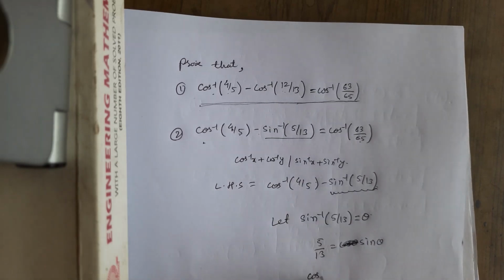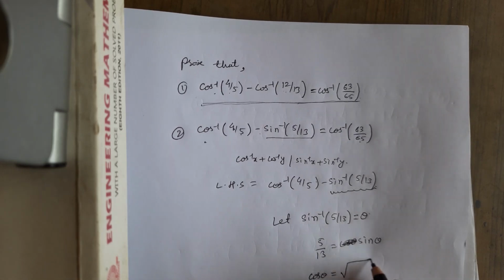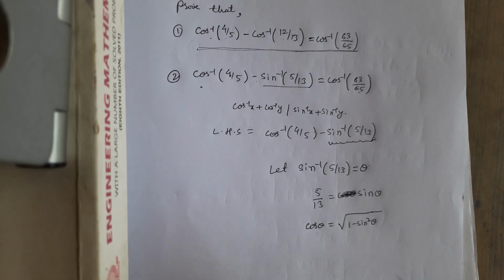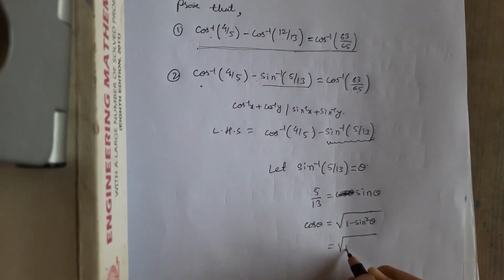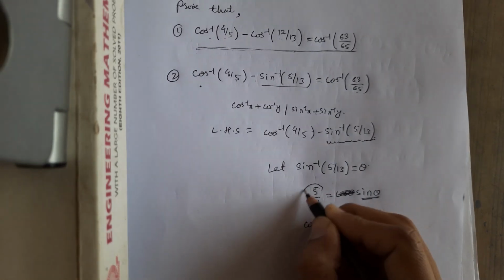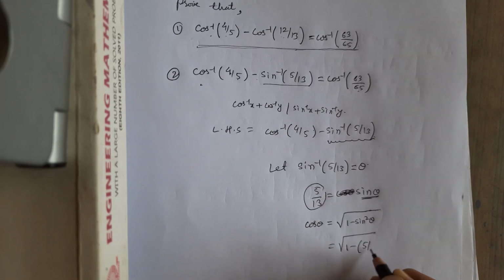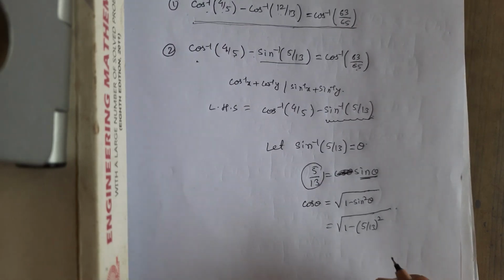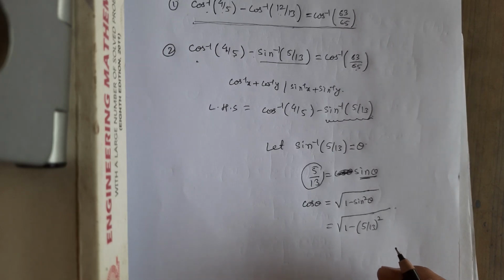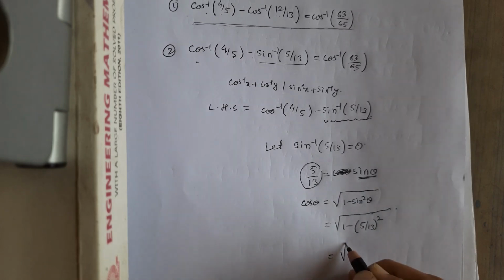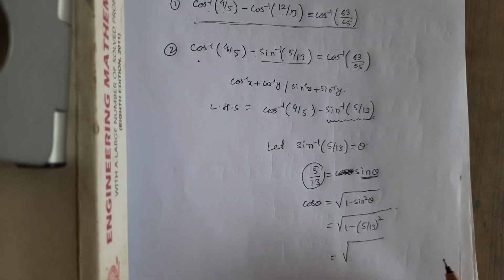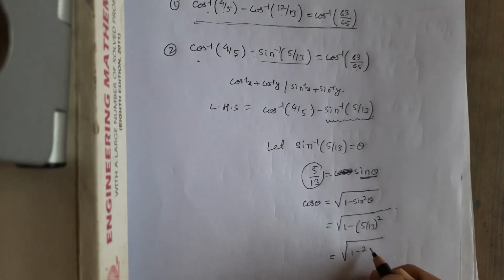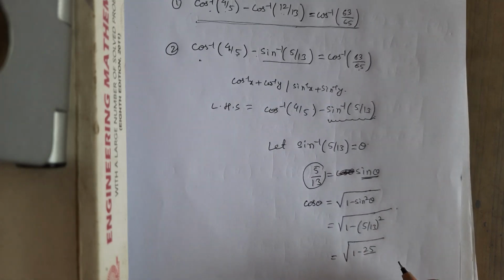Now we know that cos theta is equal to root 1 minus sine square theta. So that is equal to root 1 minus, and the value of sine theta is 5 by 13, so 5 by 13 square. What will I get? Root 1 minus 25 upon